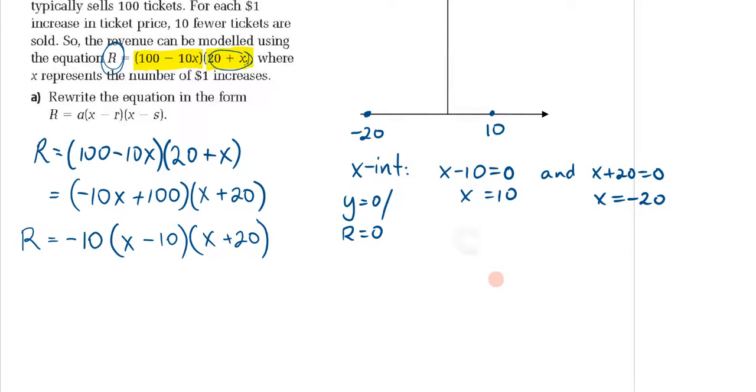Okay, so the y-intercept, it's another point we can plot. So the y-intercept is when x equals 0, or you could say the r-intercept if we're dealing with revenue. Okay, and so you take the equation, r equals